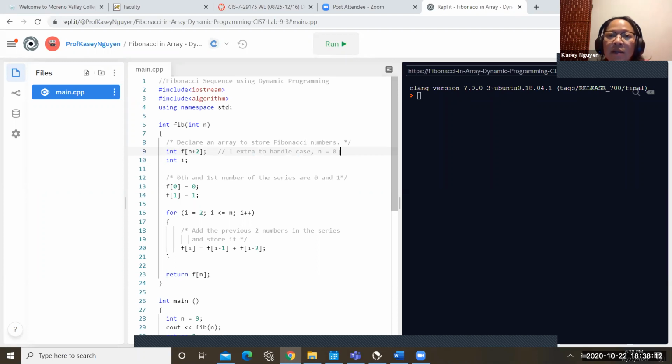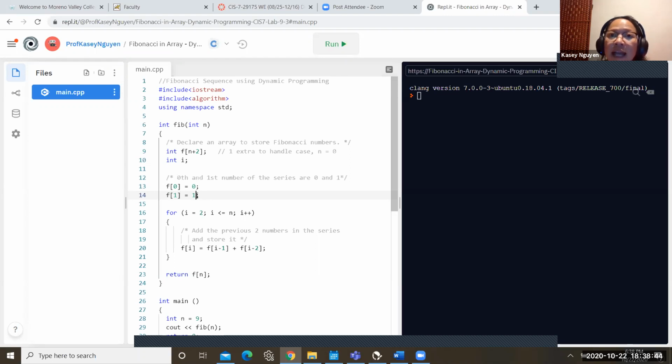So we wanted to have that f of 0 included for the seed. And we declare the int i. For the seeds, the base, we want to specify it. So at index 0, it is 0. At index 1, it is 1. For the array.